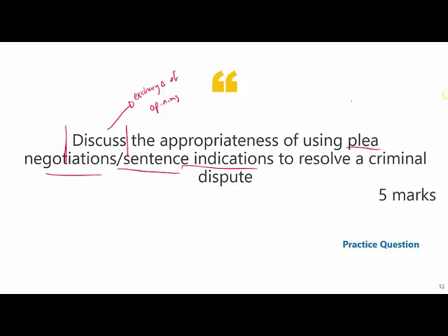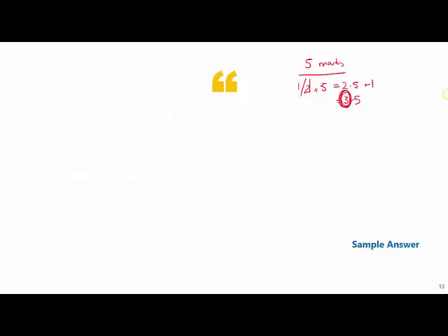Okay? It's just discuss the appropriateness, exchange the opinions. It doesn't ask us to evaluate how good they are. It doesn't ask us to what extent do we think they're good. We just need to exchange the opinions. So we don't need to have a point of view or an argument in this. So it's as simple as this.